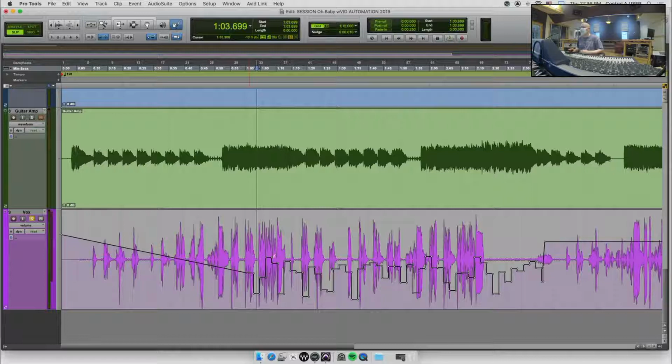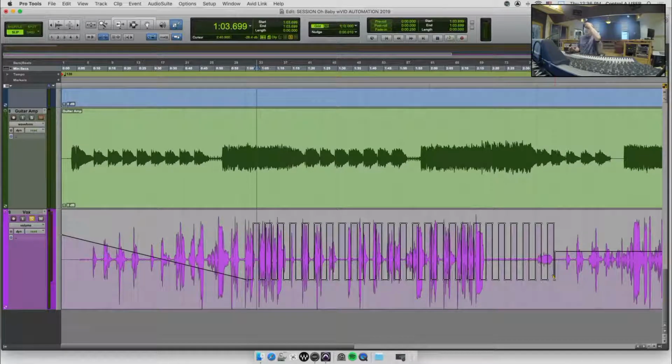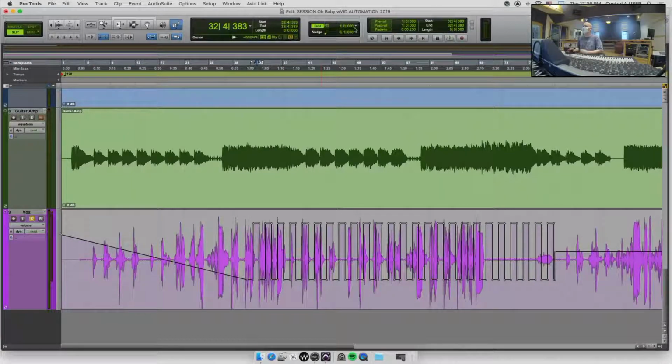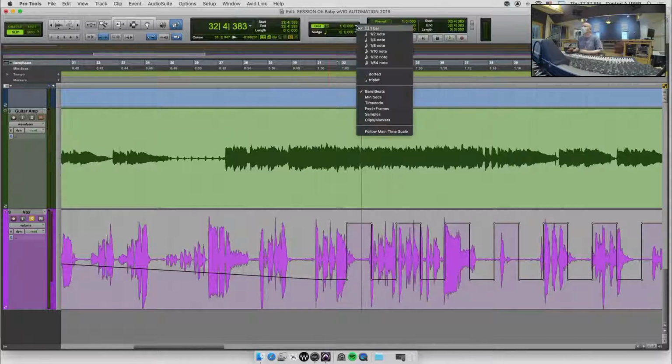Parabolic stuff, it's not letting me do that one either. But you can go ahead and draw in if you want like a repetitive kind of thing. You can totally just change your pencil over to not be freehand, and you can have it draw those things. Now, you probably noticed it's drawing them based on the grid. So if I go to my bars and beats, it's basically drawing them based on the grid that's set up. Although it's off some. But if I go to my grid and I say I want it to be in 16th notes,